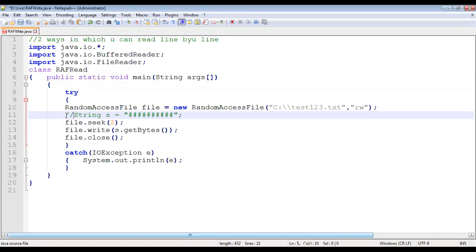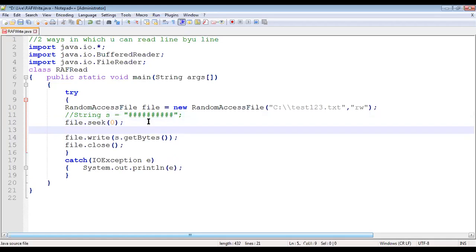Tell me, Gayatri, when you read a file, from which position should you start reading? First position. From the file terms, it is 0th position. Agreed? So I'll make the pointer go to the 0th position.